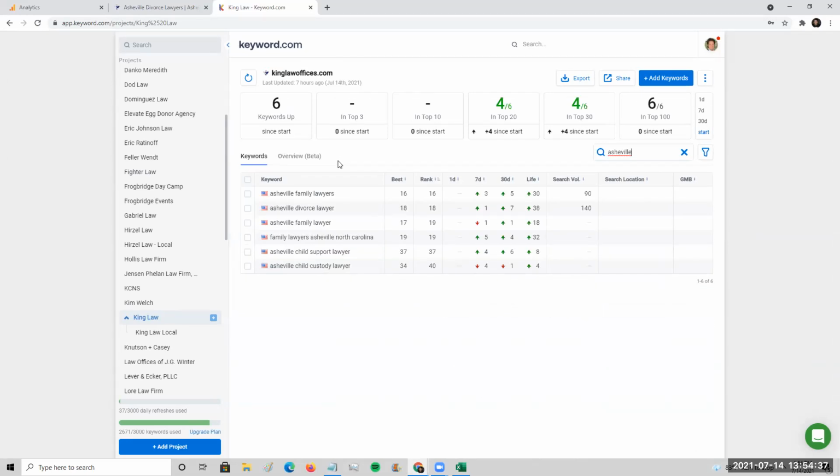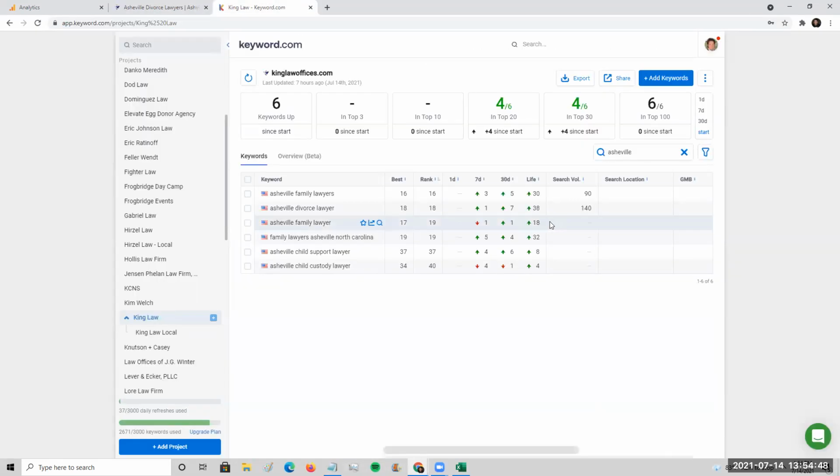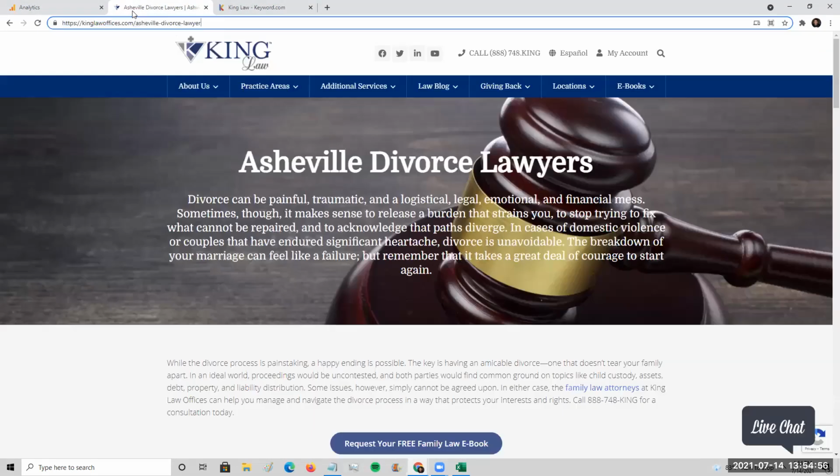Yeah, it's not getting a lot of traffic because it's far off. What happened was they probably created an Asheville divorce lawyers page, then decided to delete it and create this page. It's something we've been working on over time, but it's not close enough to really get traffic yet. So what we would do in this situation is go through and